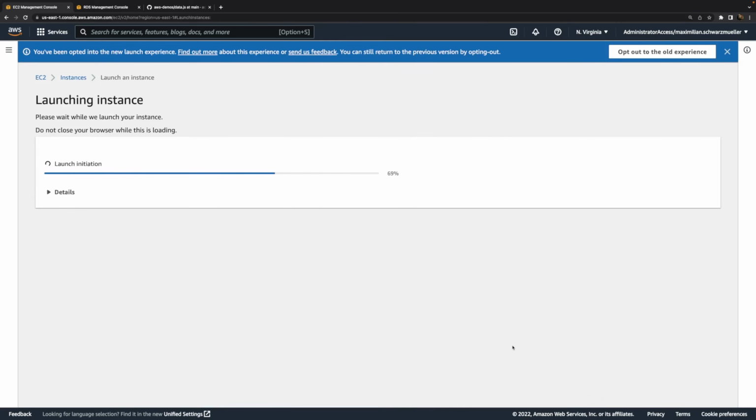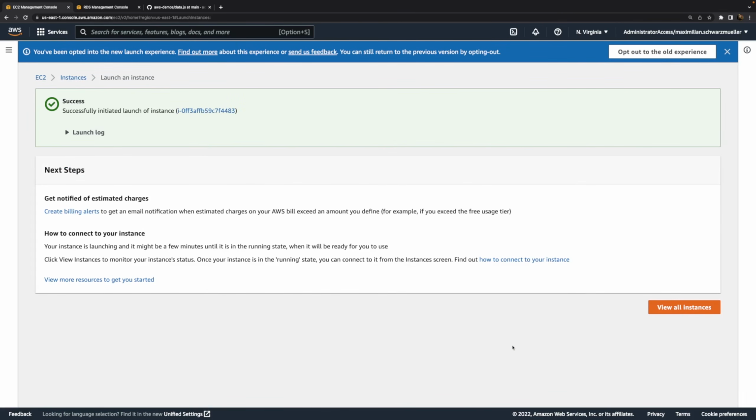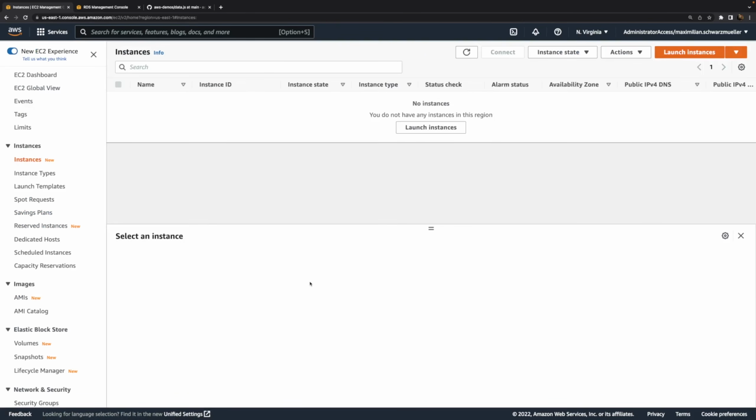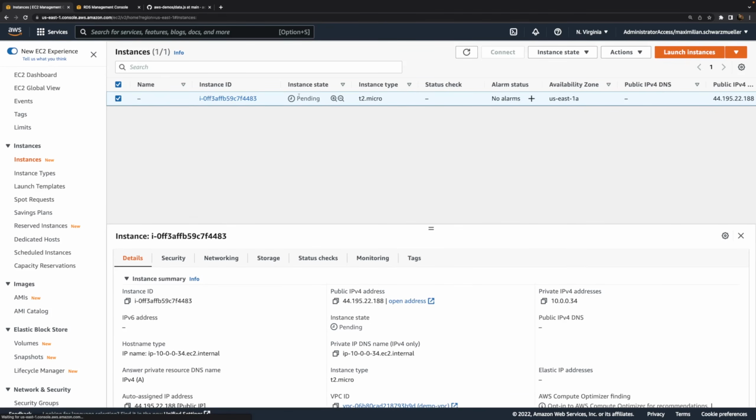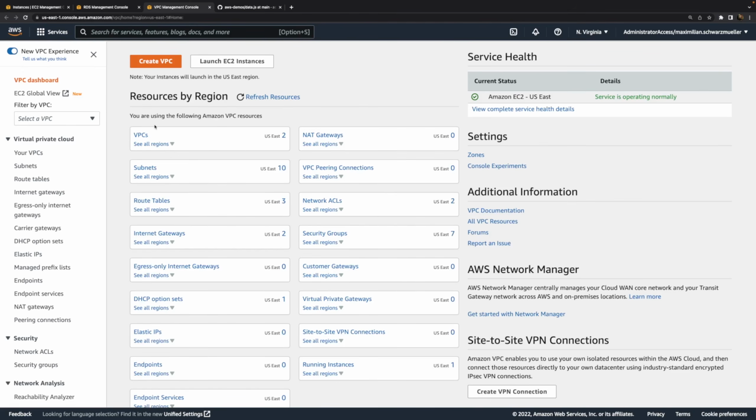And now this EC2 instance will start up, will download the code for this website, will start the web server, and the web server will then connect to the database, and then we'll be able to visit this website, and under the hood, the data will get stored in the database and will be fetched from there. So let's simply wait for this startup process to finish, and I'll also wait a couple of minutes after the instance is up and running to ensure that all the software has been installed and the web server is up and running successfully.